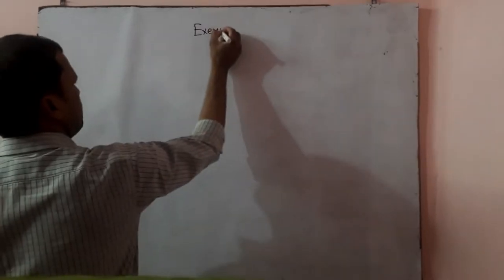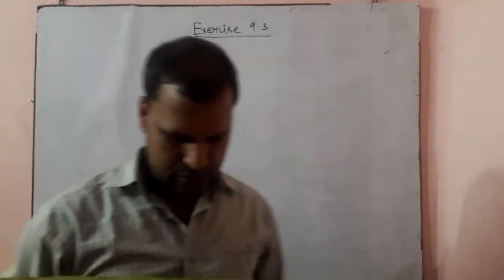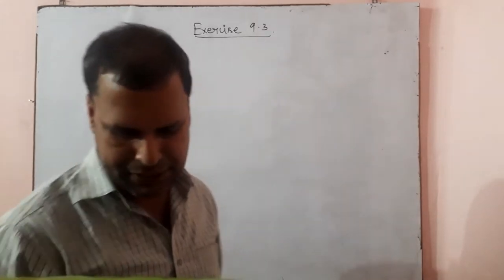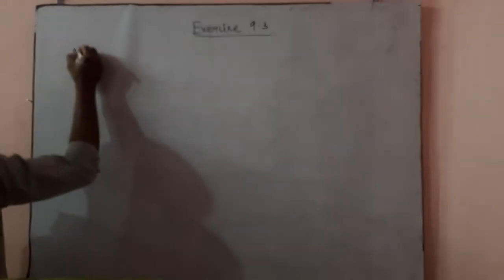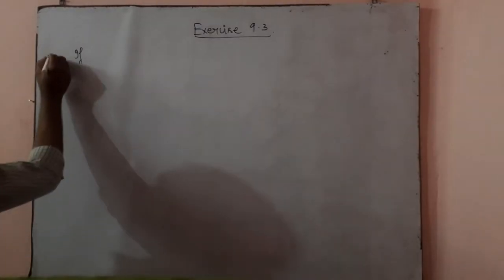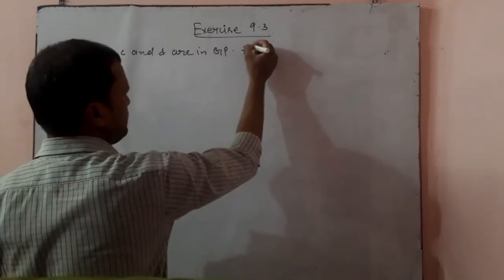This is the exercise 9.3. The question, question number 25, is: if A, B, C and D are in GP, then prove that